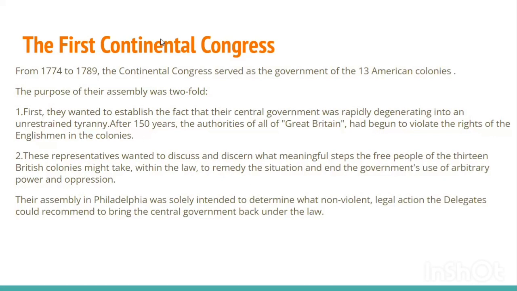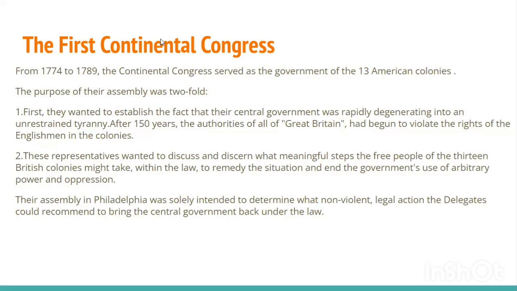They were very clear in their approach that we want to remedy the situation, rectify whatever issues are going on, and end the government's use of arbitrary power and oppression. But please remember, at this stage, they were not of any opinion of seeking complete freedom from Great